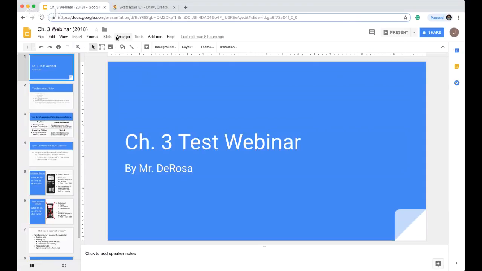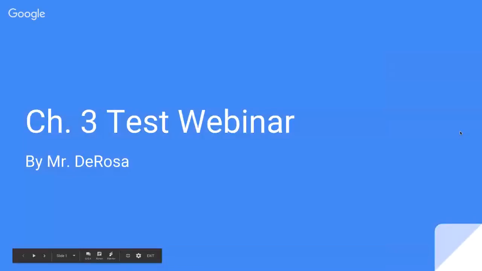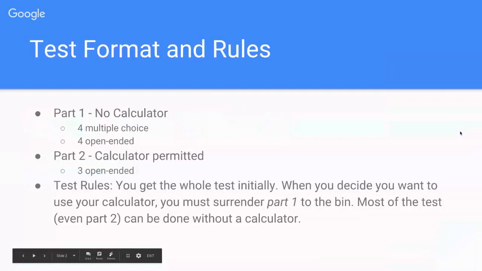Chapter 3 test. I'm going to start the presentation. So first of all, you got to know the test format and rules because it's our first non-calculator and calculator test. So I'm going to give you both parts. You're going to get the whole test initially, and then you can work on the non-calculator section. You can even work on the calculator section. But the rule is going to be when you decide you want to use your calculator, then you have to surrender part one. You have to turn in the no calculator section to the bin,